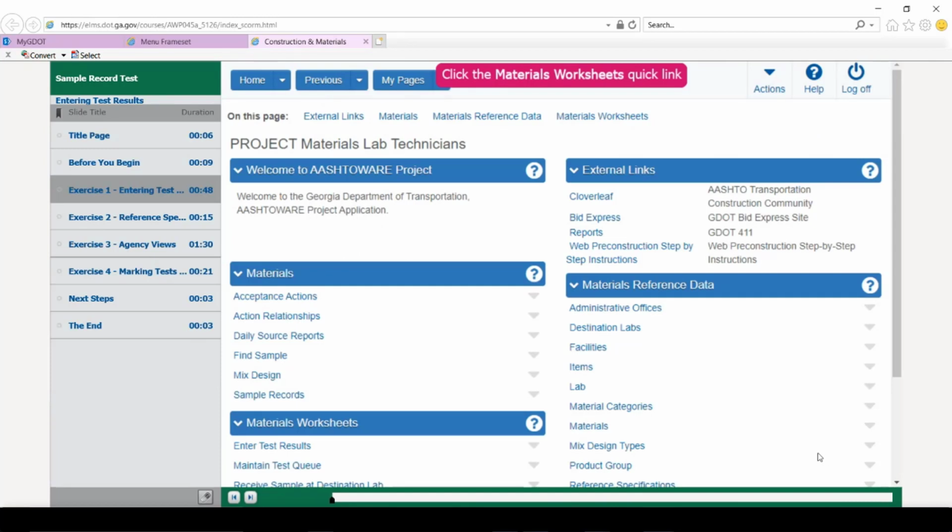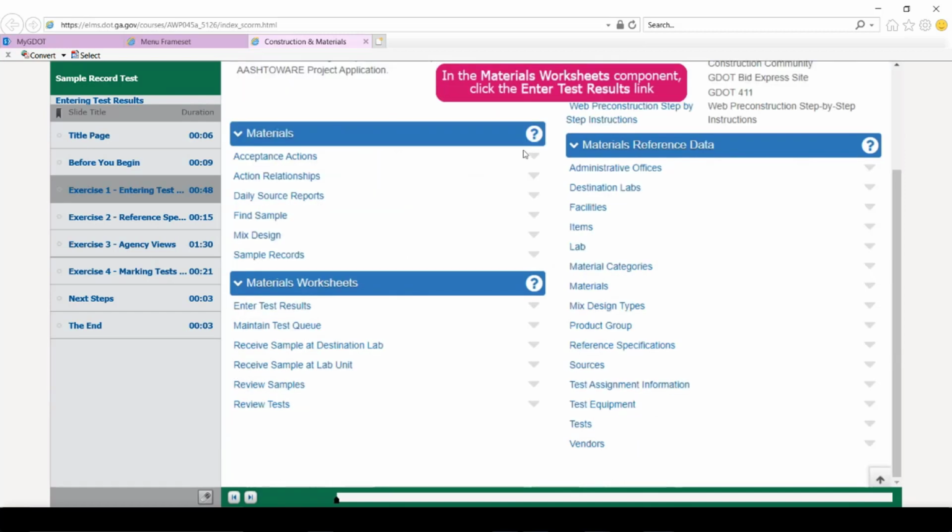We'll begin with the materials worksheets quick link. Now the quick links are up here at the top. They are in fact the same as scrolling down to the materials worksheets section, but the quick link is just another way of accessing those items. So if I click on that, I'm in the materials worksheets component, and I can go to enter test results